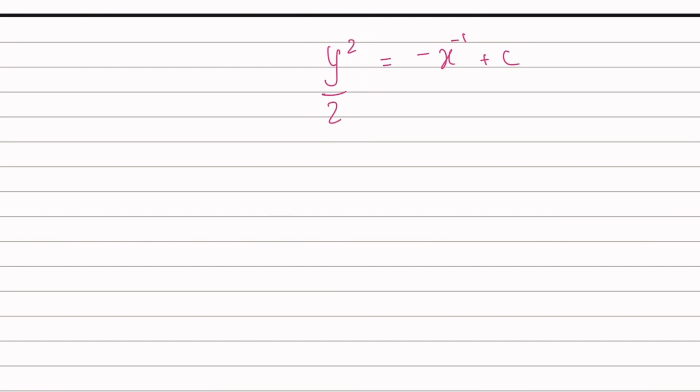We are very much used to having y be the subject, right? But we don't really need y to be the subject most of the time. Sometimes you just need the relation between y and x, whatever that relation may be. It just needs to be a relation between two functions. And two functions doesn't mean a function with some other things going on to it, like this 2 clinging onto the bottom of the y. Y squared is considered a function. Y divided by 2 is just a process. It's not really a function, unless we have a linear function,